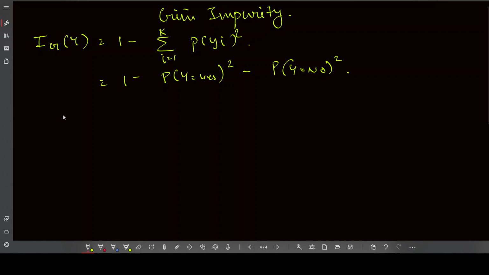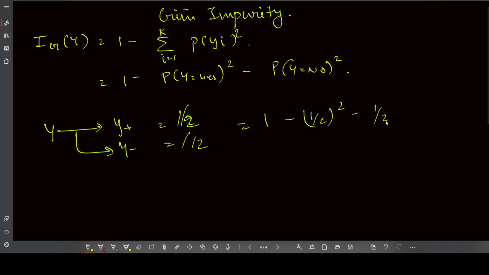Okay, so let's understand the characteristics of Gini impurity. Let's say I have two classes, y plus and y minus, and both the classes are equally divided. Okay, one by half and one by half. So my Gini impurity will be 1 minus half the whole square minus half the whole square. Okay, this is 0.5,